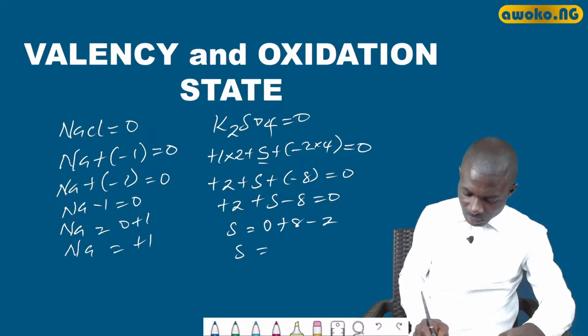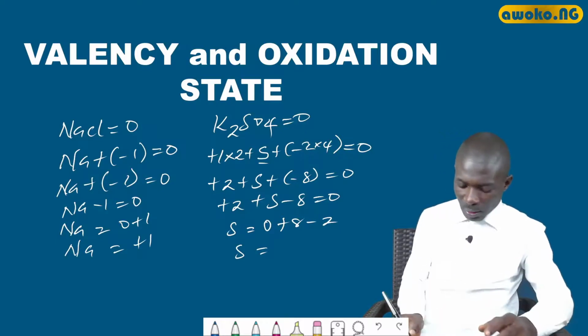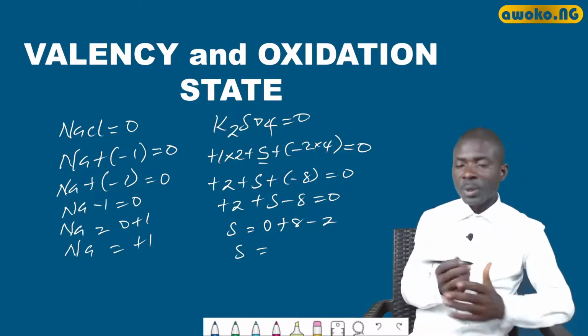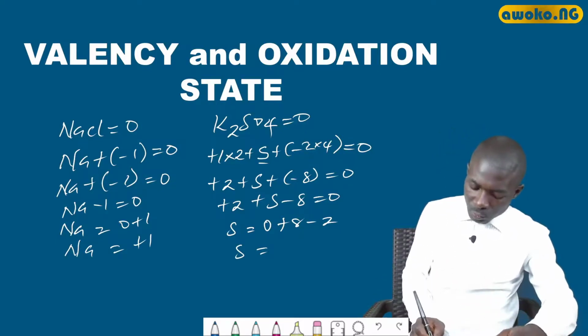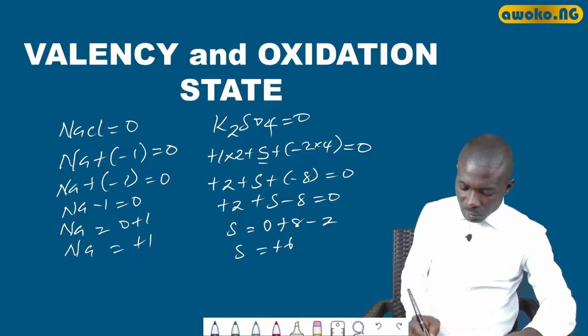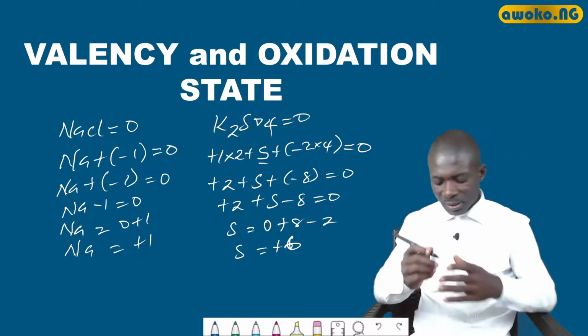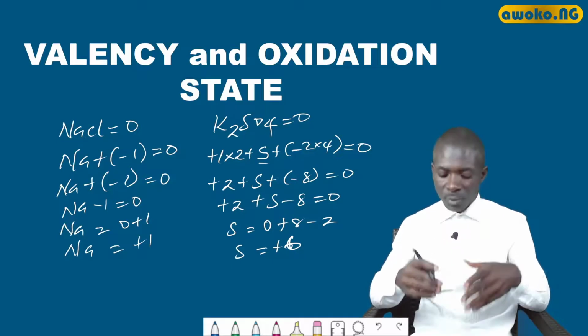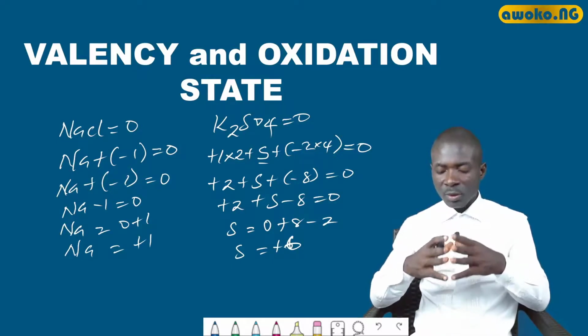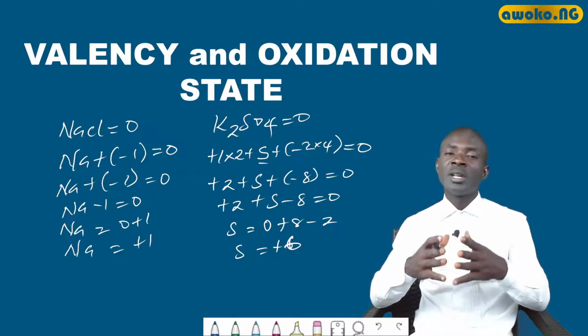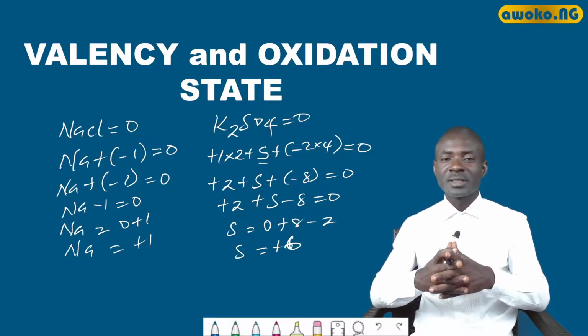So the oxidation state of sulfur in this compound is equal to 0 plus 8, of course, is 8. 8 minus 2 will give us +6. So that is why we say the oxidation state of sulfur in K2SO4, which is potassium tetraoxosulfate 6, is equal